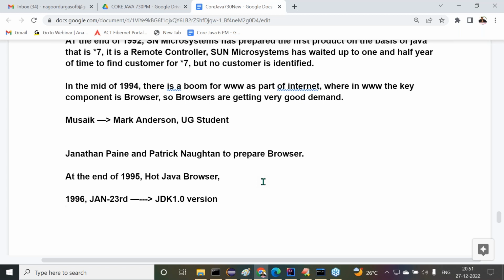Moreover, right from Java 11, previously every 2, 3, or 4 years they would provide a new version of Java. But right from Java 11, Oracle has changed their plan to release Java versions. Now they release one new version every 6 months. Because of that, we are getting Java 19 so fast. Are all of you getting my point or not? For every 6 months, a new version will come.